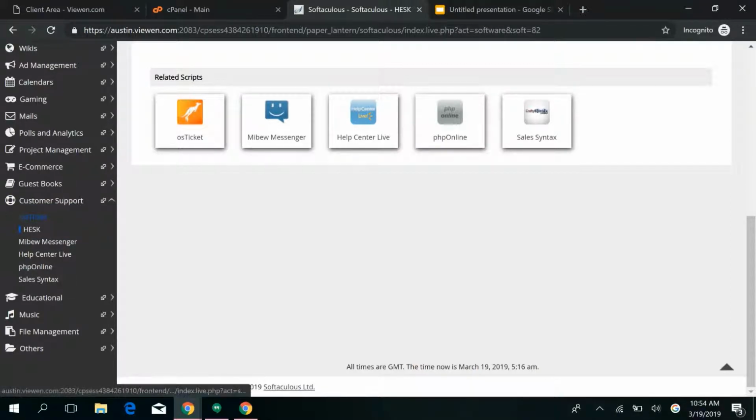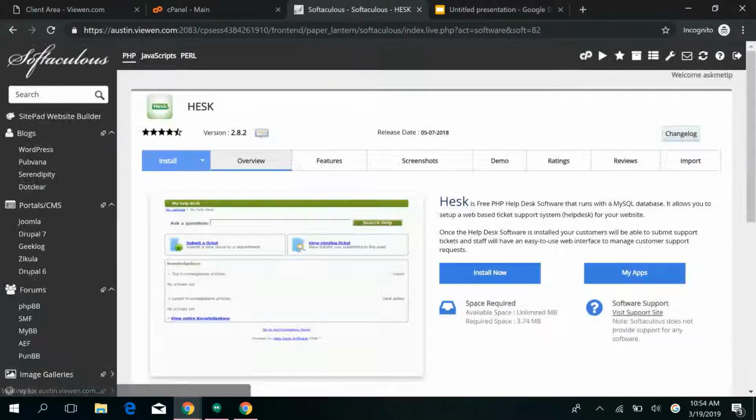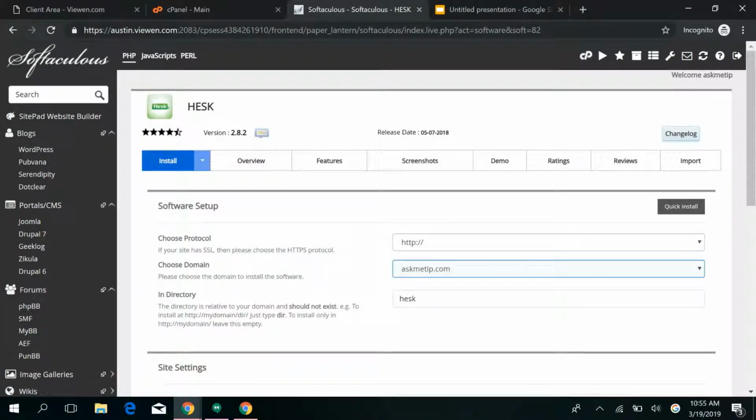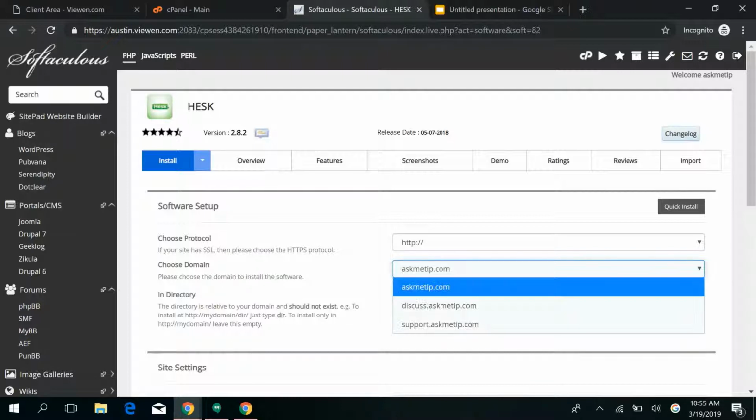After checking the support options with different platforms, I feel that Husk is the best one. So select this option here. All you have to do is click on this install. Select your domain which you have already created under subdomains,